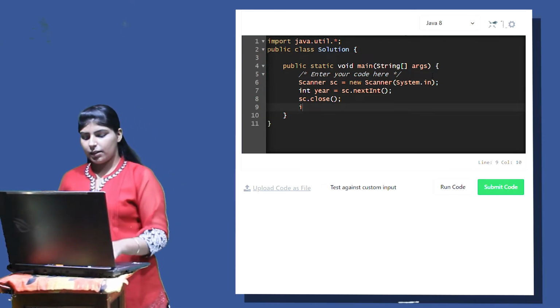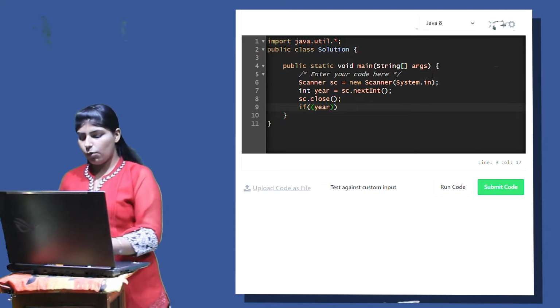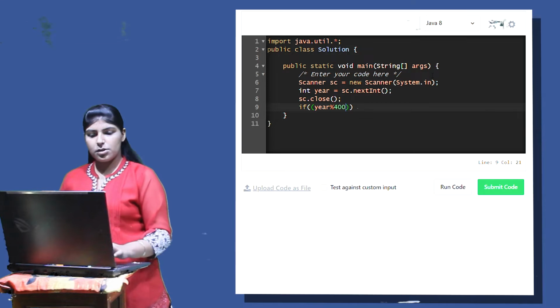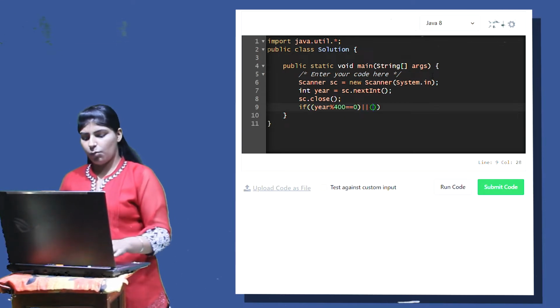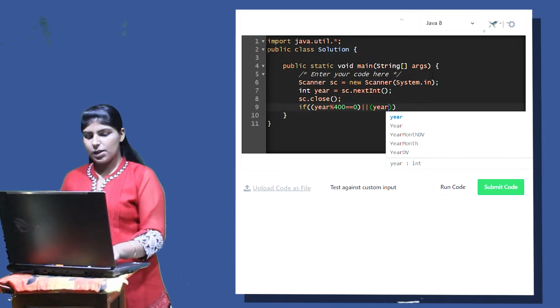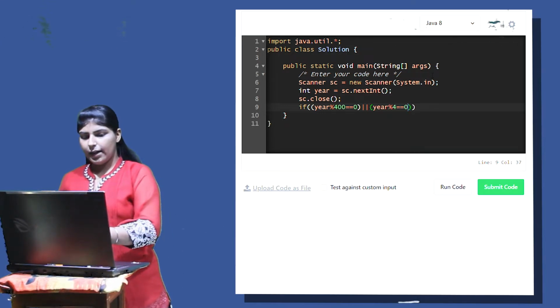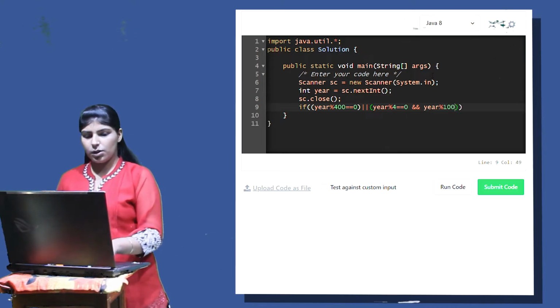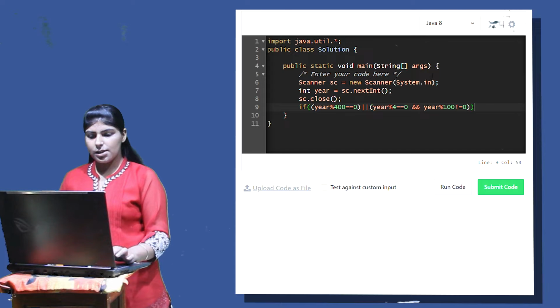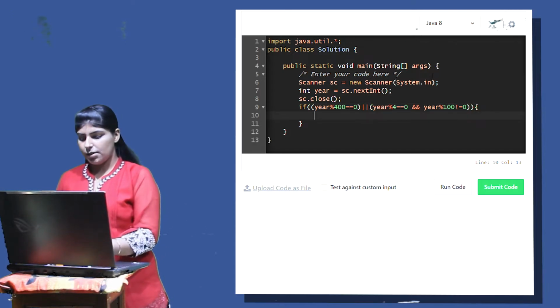For that I will write the condition. The first condition is year mod 400 is equals to 0, or the second condition is year mod 4 is equals to 0 and year mod 100 is not equal to 0. So in this case I will print leap,